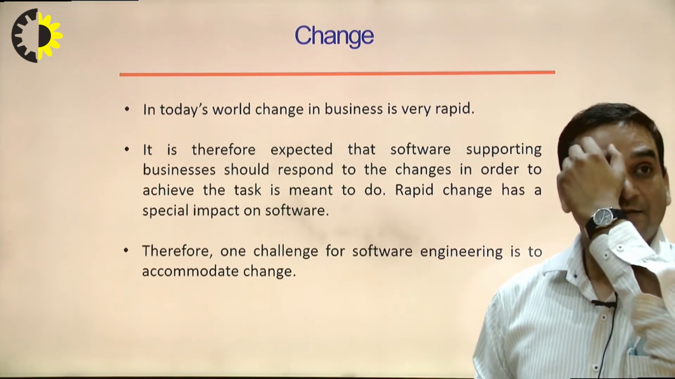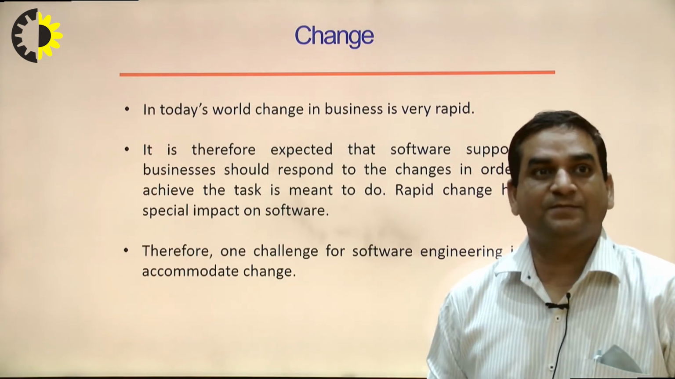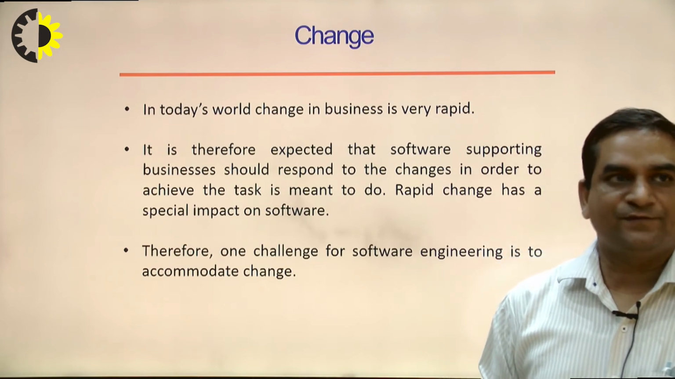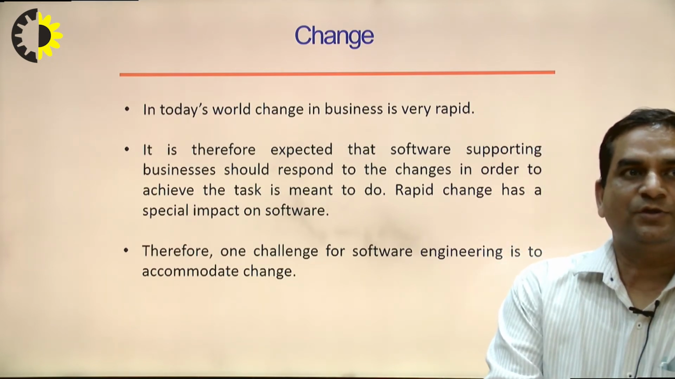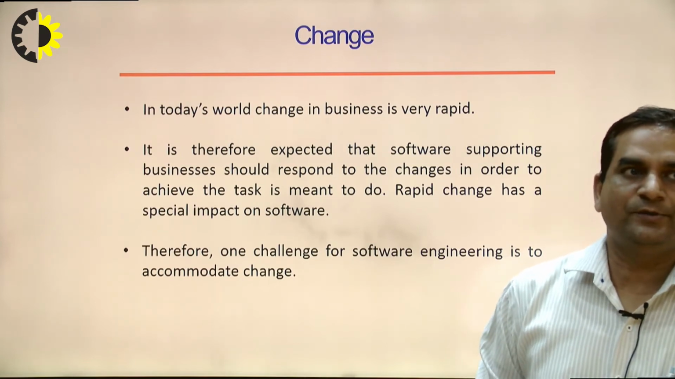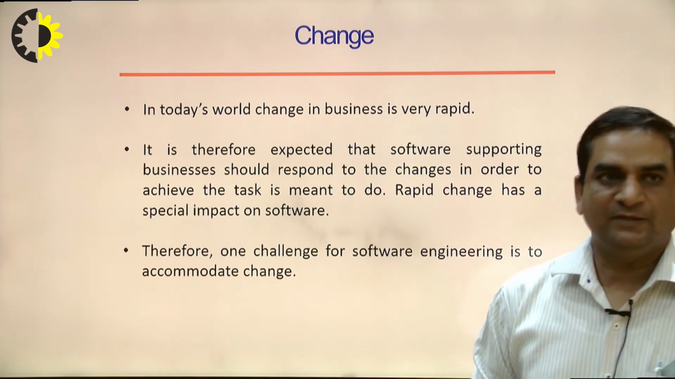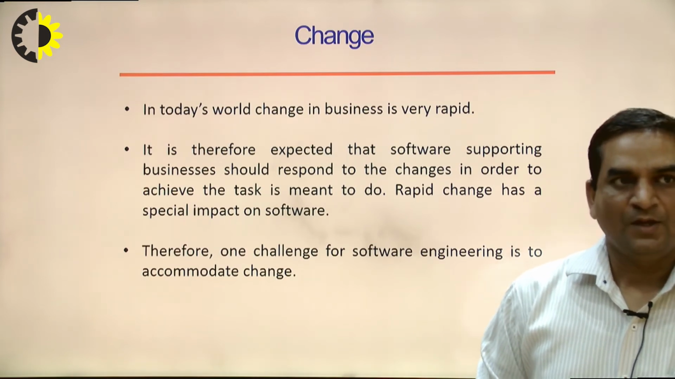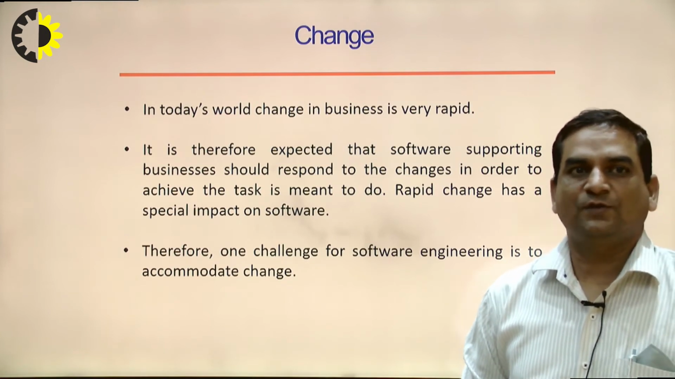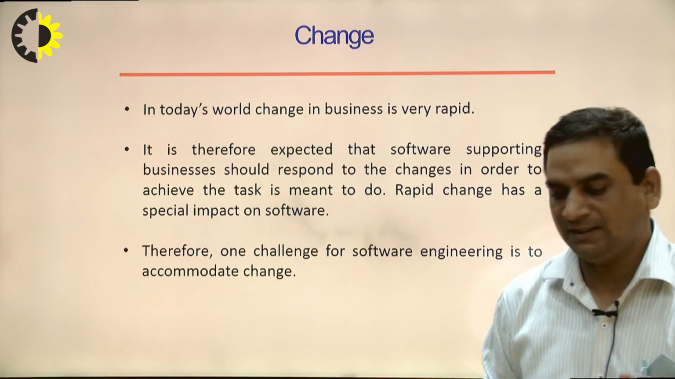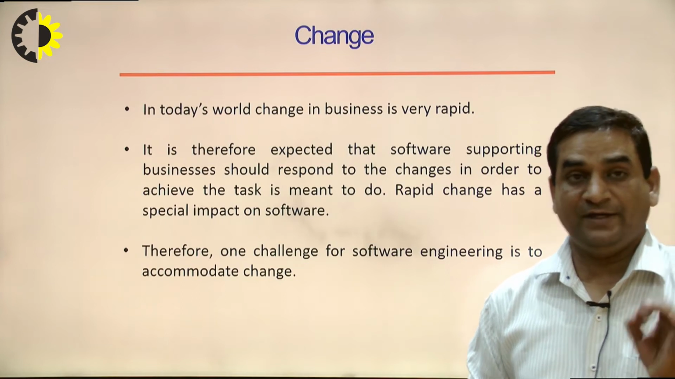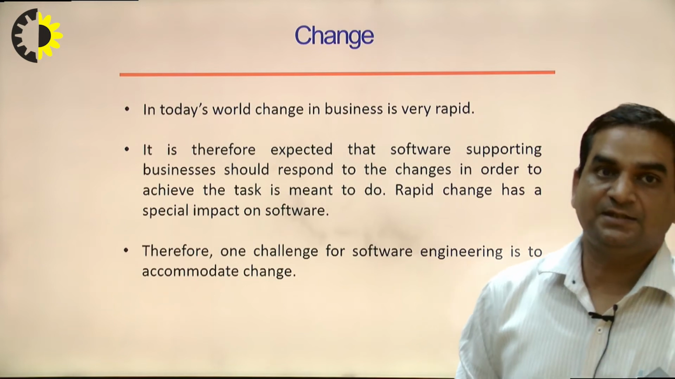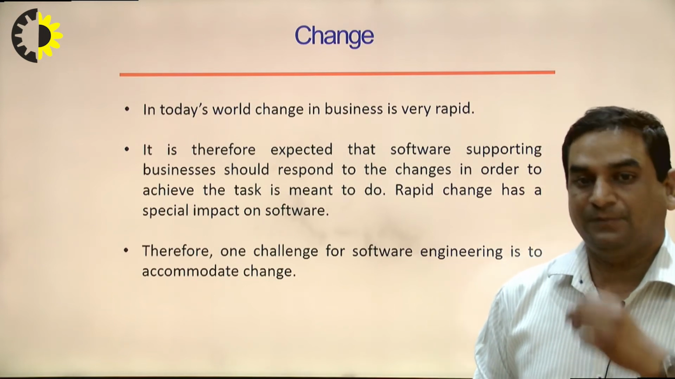Now what about change? In today's world, change in business is very rapid. It is therefore expected that software supporting businesses should respond to the changes in order to achieve the task. So rapid changes have a special impact on the software. Therefore one challenge for software engineering is to accommodate the change. This is a very typical and challenging task, because